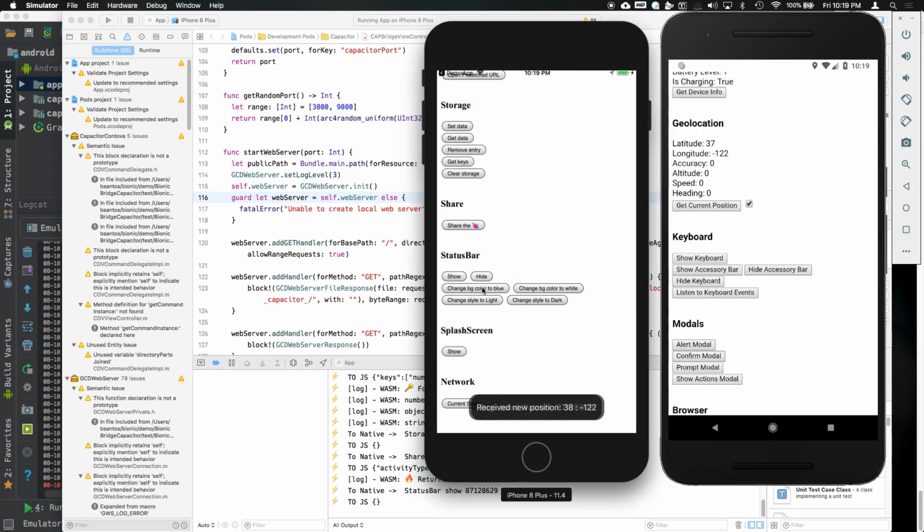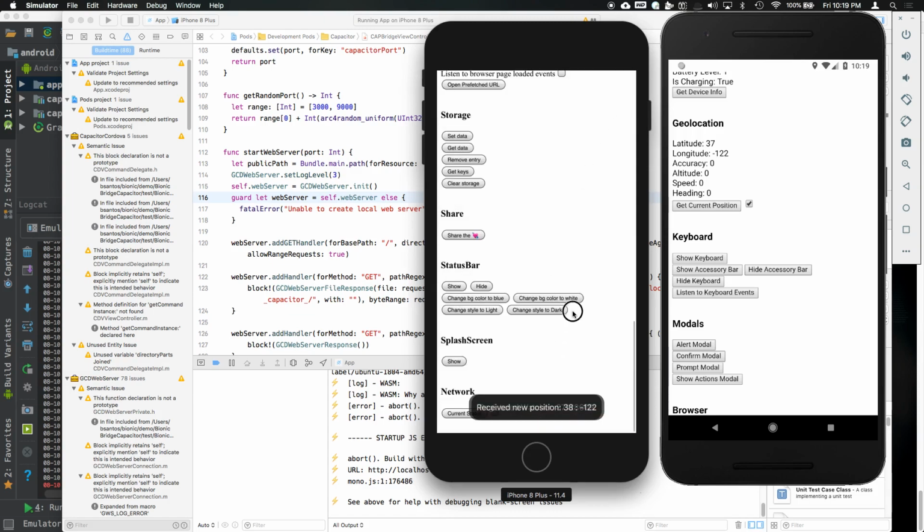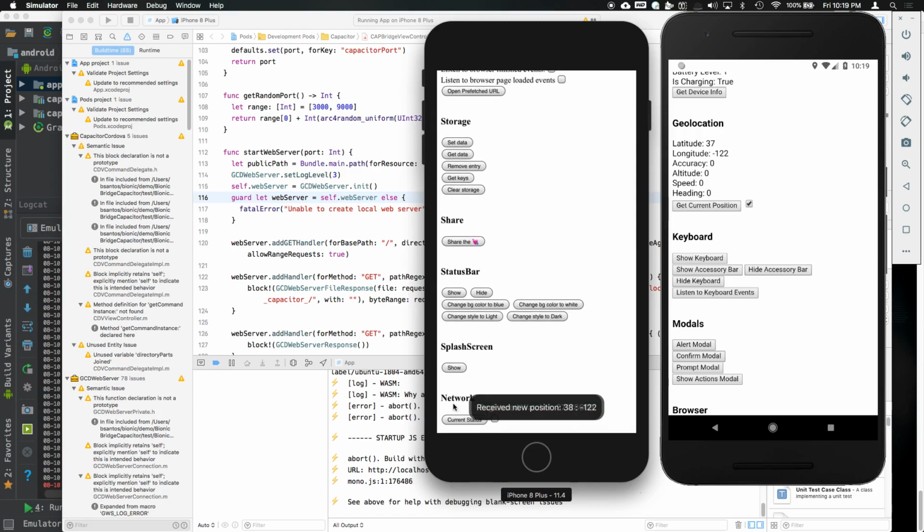Show the status bar, hide the status bar, and we got an error. There we go. So this is typical because we're using ASM, and I've seen quite a few of these coming up. But there you go. It kind of gives you an idea of what's going on